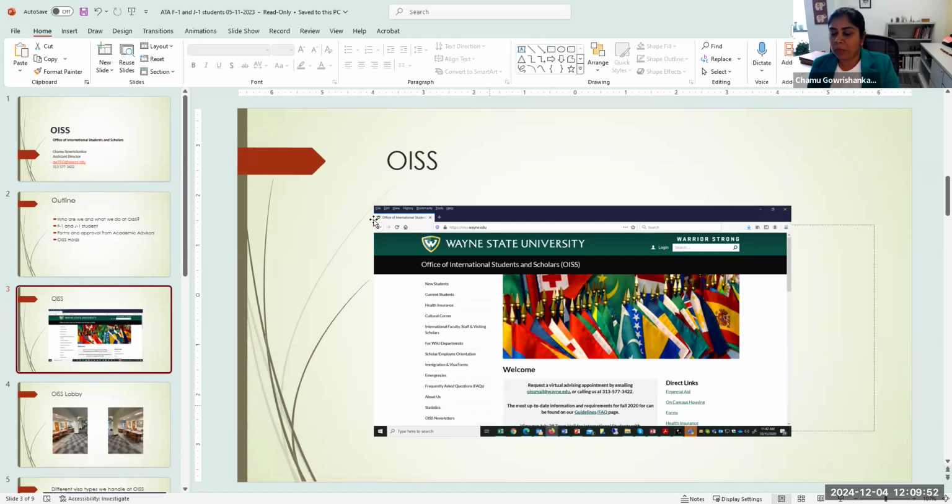That's pretty much our office and what we do and who we are. And our website is very comprehensive. Sometimes you may get lost when you're looking for information, because we have tons of information. If you click on each category, there's a lot of information. But it's very helpful for our students, because we want them to be educated even before coming here about their visa status, what to look for. They have to be maintaining their status and things like that. So we put all the information here.